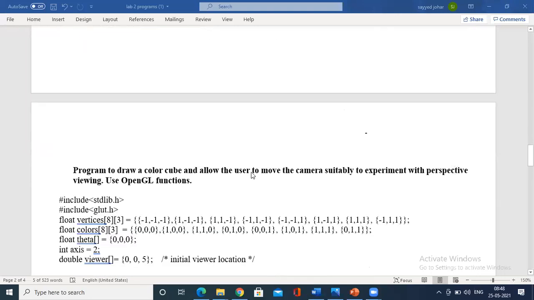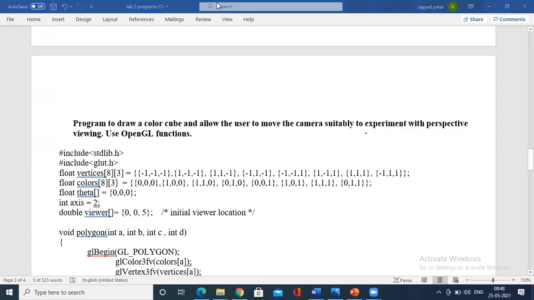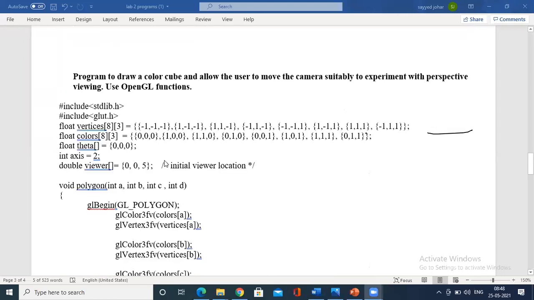Now coming back to the main concept that I need to discuss. We have to achieve the perspective view. So what is perspective view? I just explained it right now using the concept of a tree, right? Here the program works in the same way, and everything else is the same.